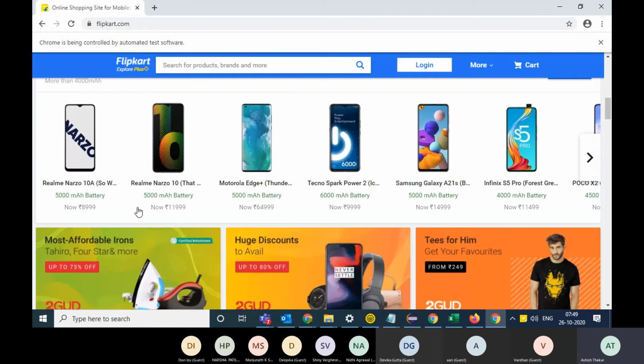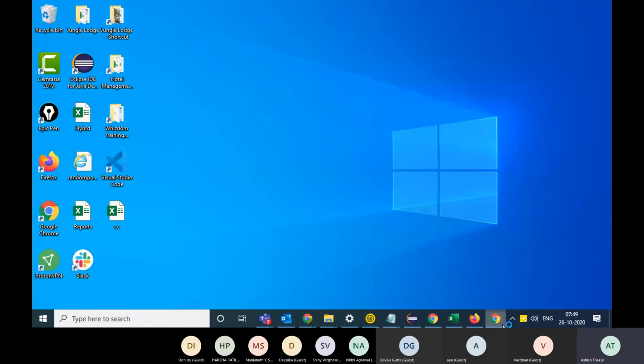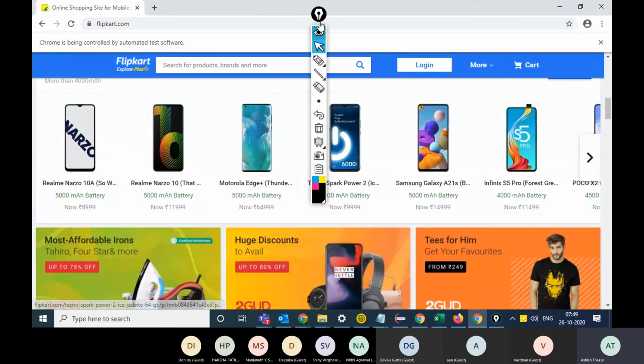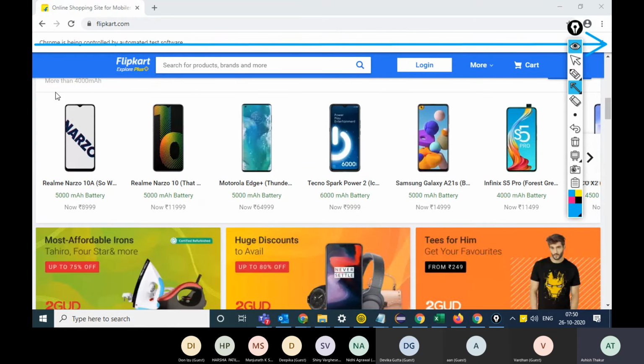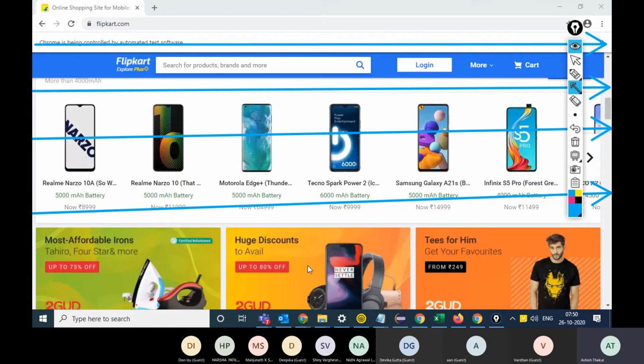Look, you need to understand how Selenium works. Selenium extracts the elements on the web page from top left to right. It scans the page like this and goes down.